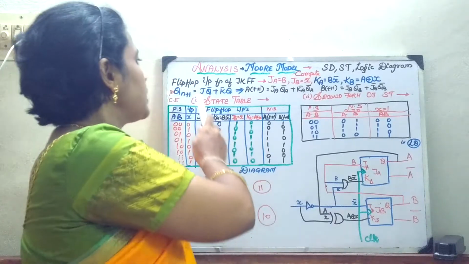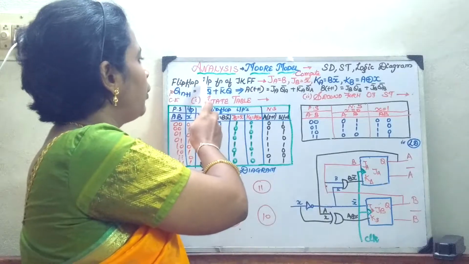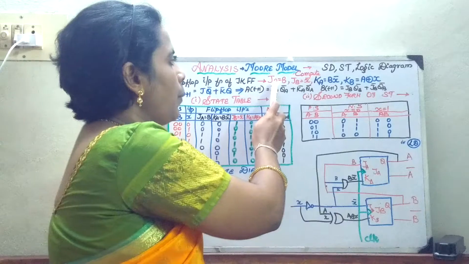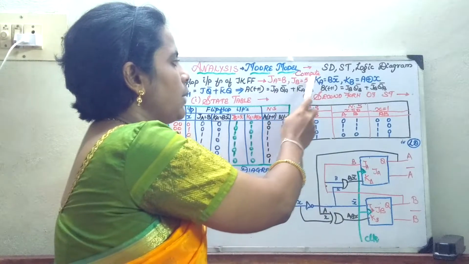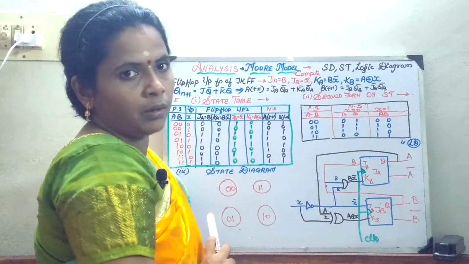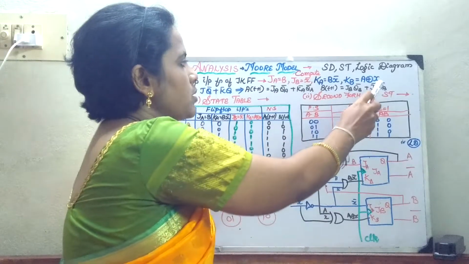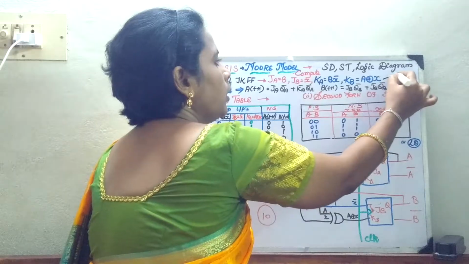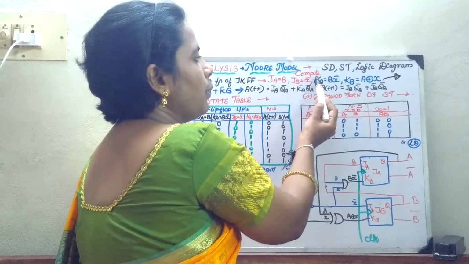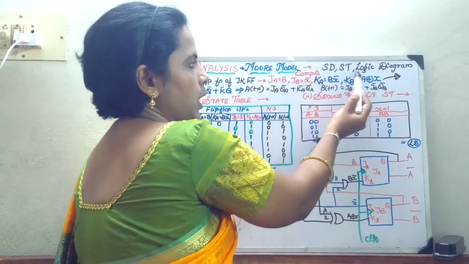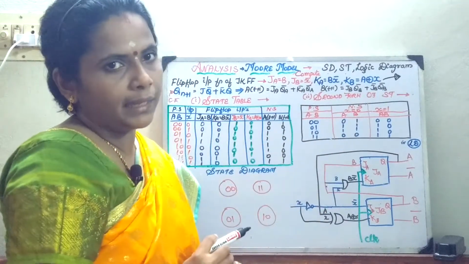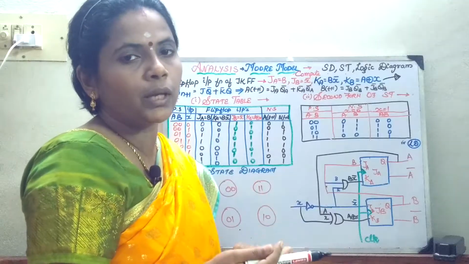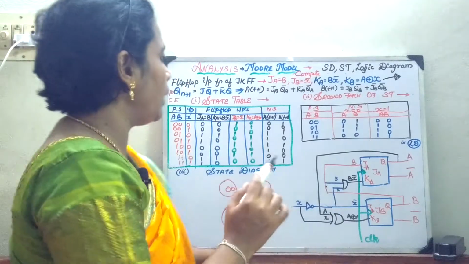So this is the given problem, that is the flip-flop input function of a JK flip-flop is given. The components, that is inputs, JA, JB, KA and KB are given. So the input function is given and this is going to be your question. You have to compute your state diagram, state table and the logic diagram. Only in the state diagram the condition is going to differ. Now let us analyze.